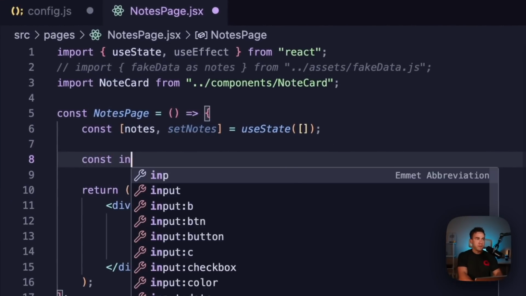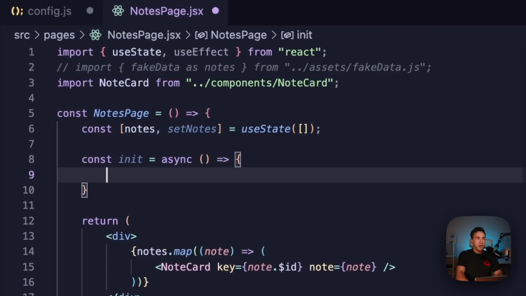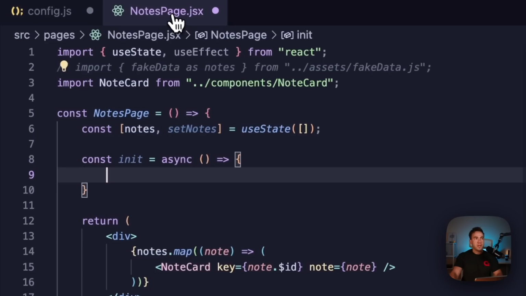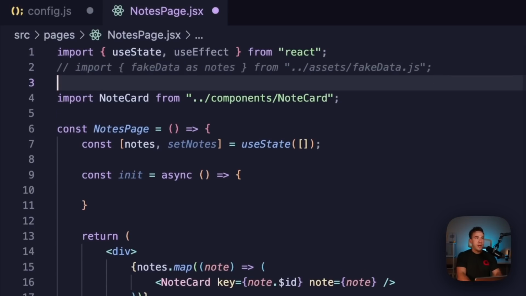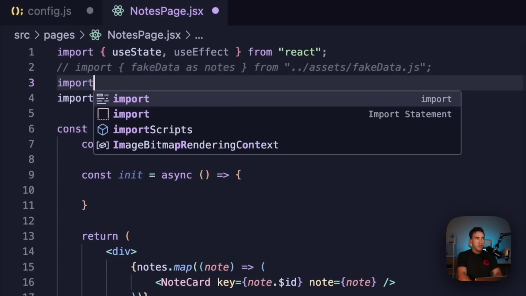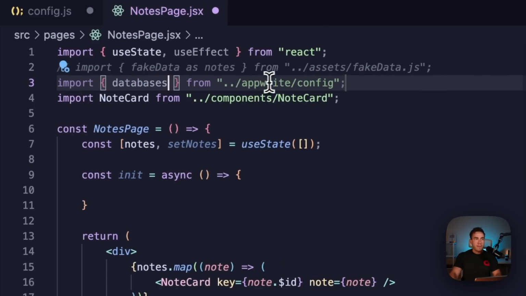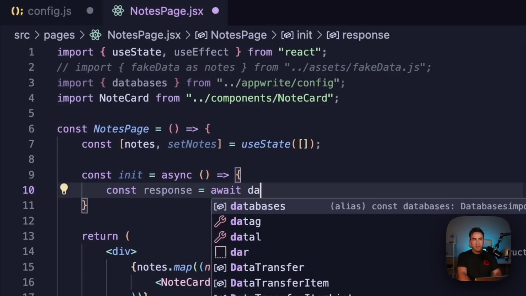We're going to make the request from this init function, which is going to be an async function. Within this function, we need to import the databases class from our Appwrite config file, because this is how we make that first request. We'll do this just underneath our fake notes import, and we import databases from the Appwrite config. So we import that instance and make the request, which will bring back a response, and we'll use await. To make a request to the Appwrite backend to get a list of data from a collection or a table, we're going to call